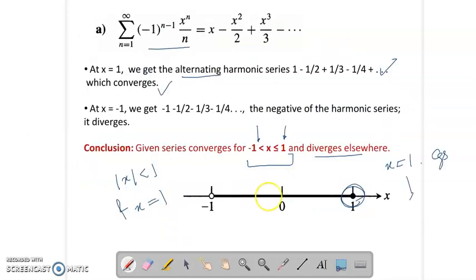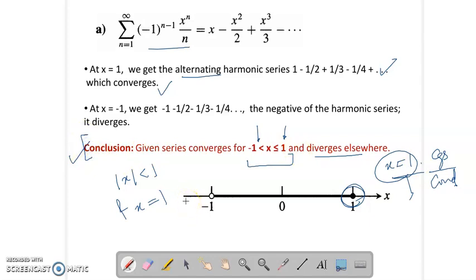So we can say here, although it is not asked, but you can conclude that at x is equals to 1, the series is converging but not absolutely, and hence we can say that the series converges conditionally at x is equals to 1. Right? So whichever conclusion you have made, you have to just specify what your conclusion is.